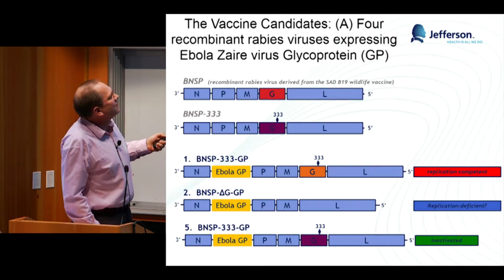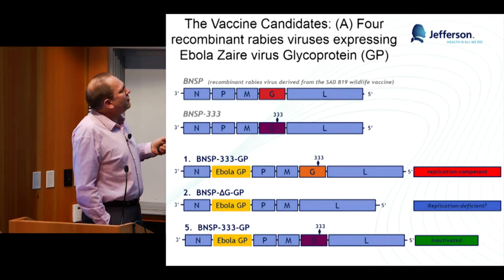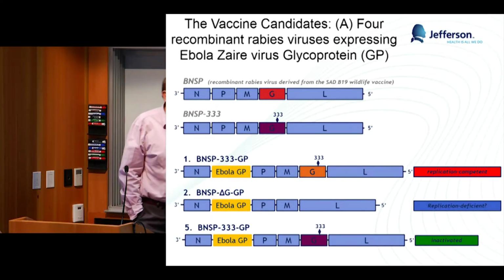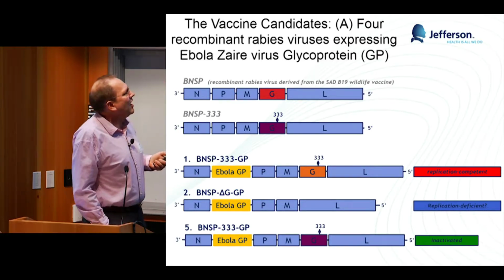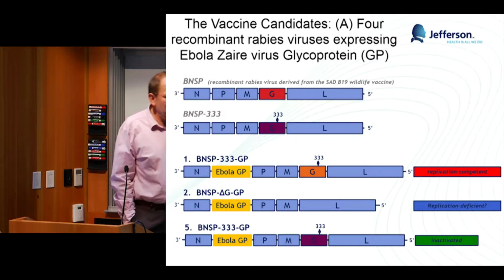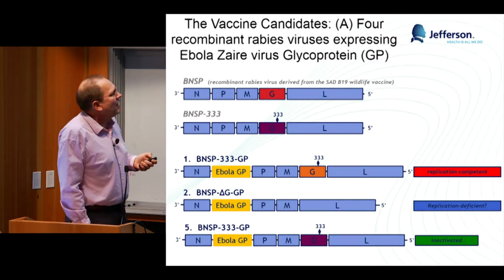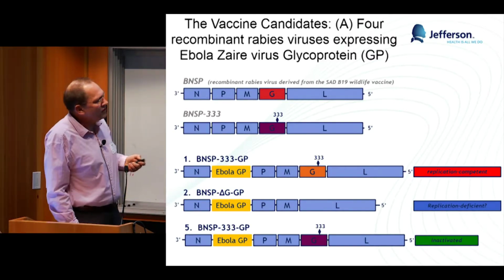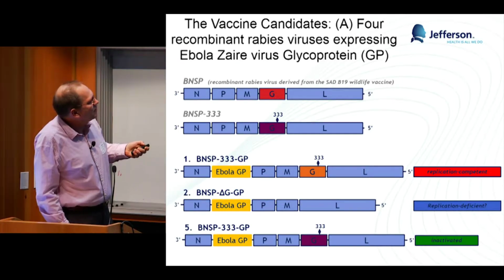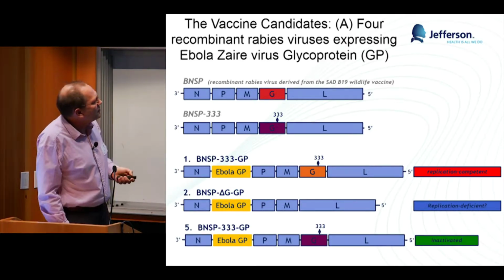Rabies virus, as I said, has 5 genes, N, P, M, and here's the glycoprotein. We further attenuated it, so this is already the vaccine vector used for all immunization. In Europe, we put an additional mutation in the glycoprotein, which prevents the infection of neurons, at least the preferential. And then we just popped the Ebola glycoprotein into this vector.